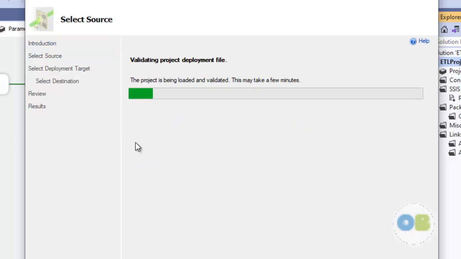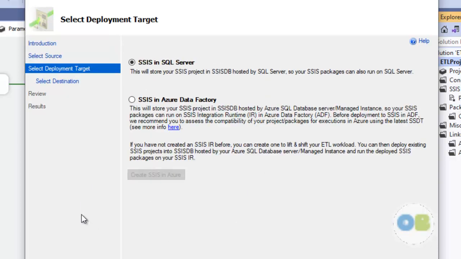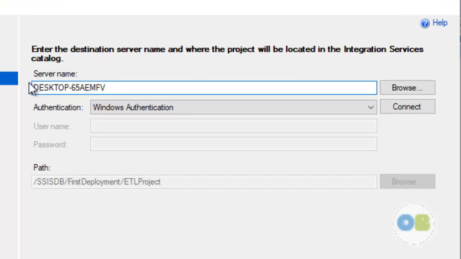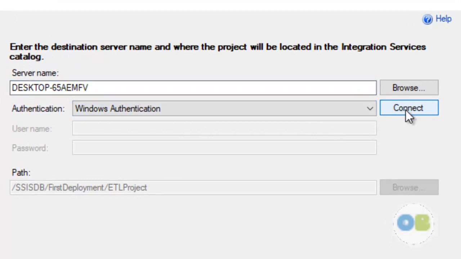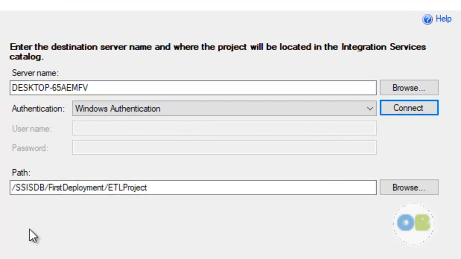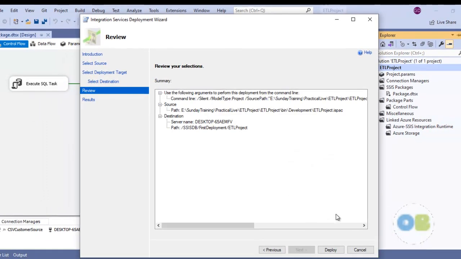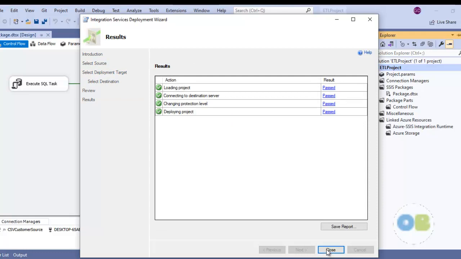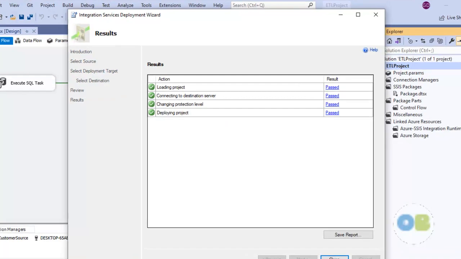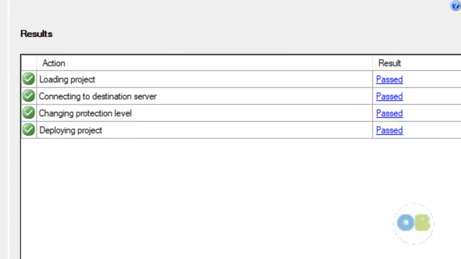Select the first option, that is SSIS in SQL Server, and click on next. This is my server name, say connect. The path has been selected here. I will say next, deploy, yes. There you can see that our deployment has been done successfully. Now let's close it.